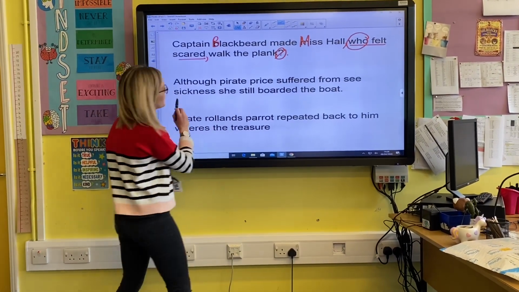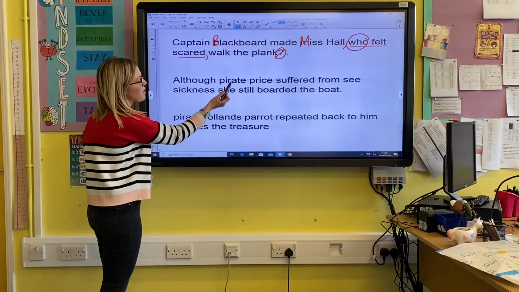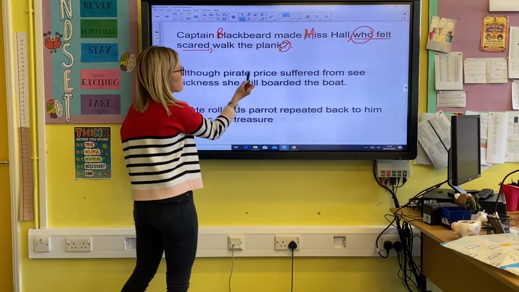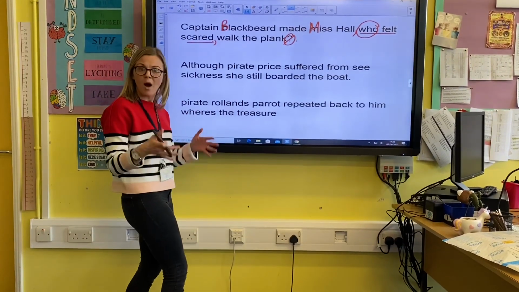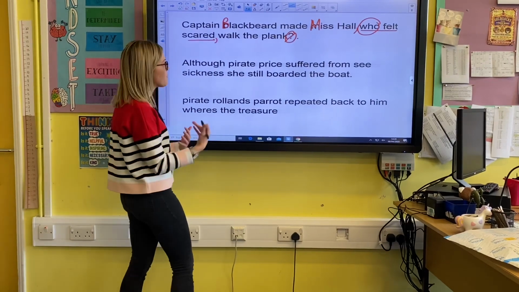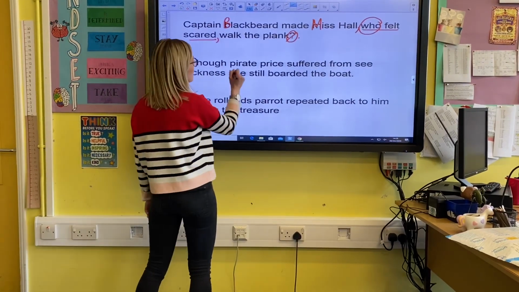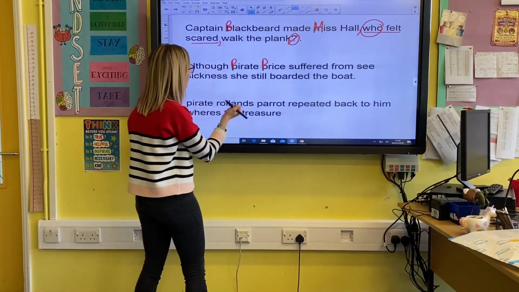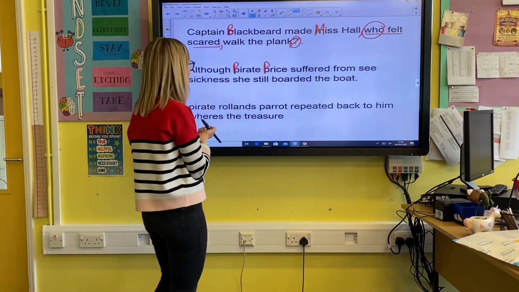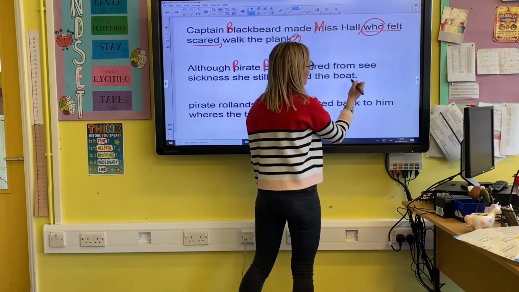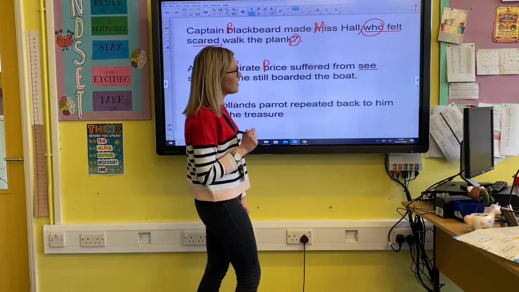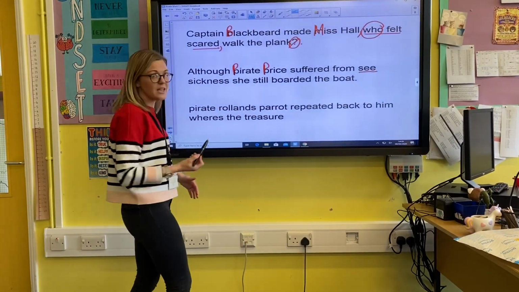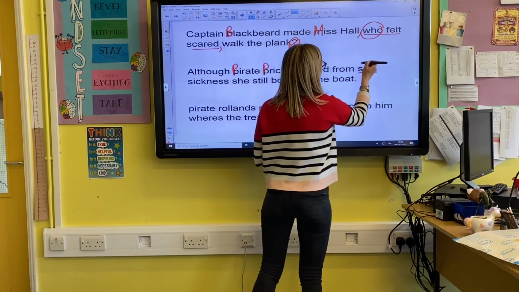So, looking at the second sentence, although Pirate Price, brilliant, we're starting off with a capital letter, that's great. Pirate Price, now that is a name, that is what she is known as. Therefore it's a proper noun, so we need to put a capital P for pirate and P for price. Although Pirate Price suffered from seasickness. Now, this C doesn't look right to me. This is the sea seeing with your eyes. This is referring to sea sickness, like the ocean. So we need to change that spelling